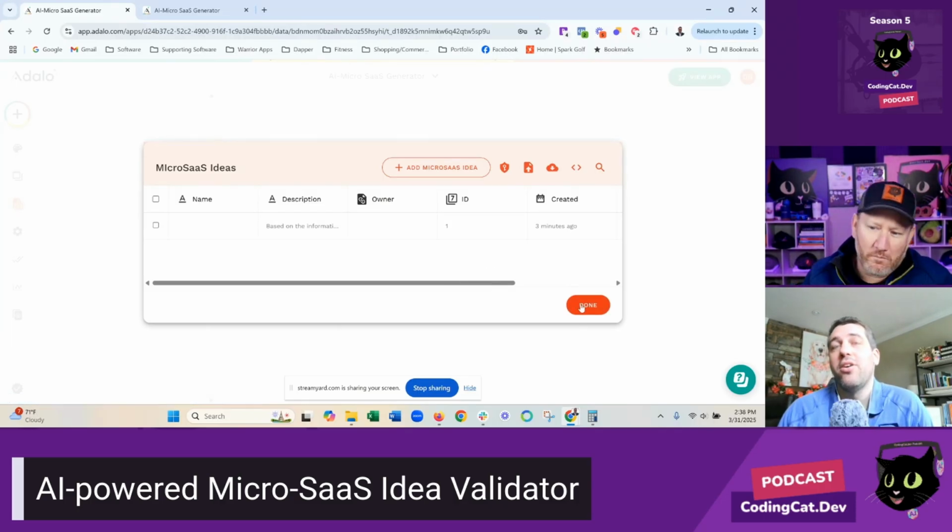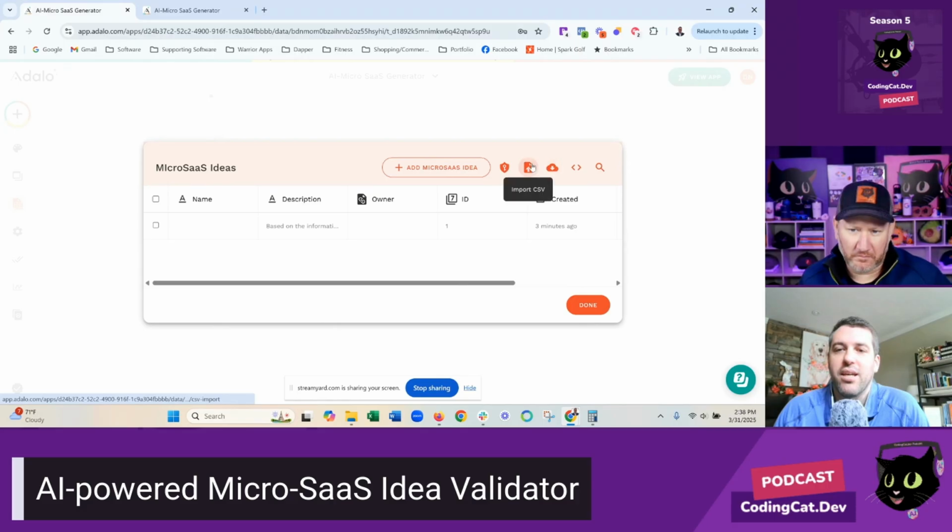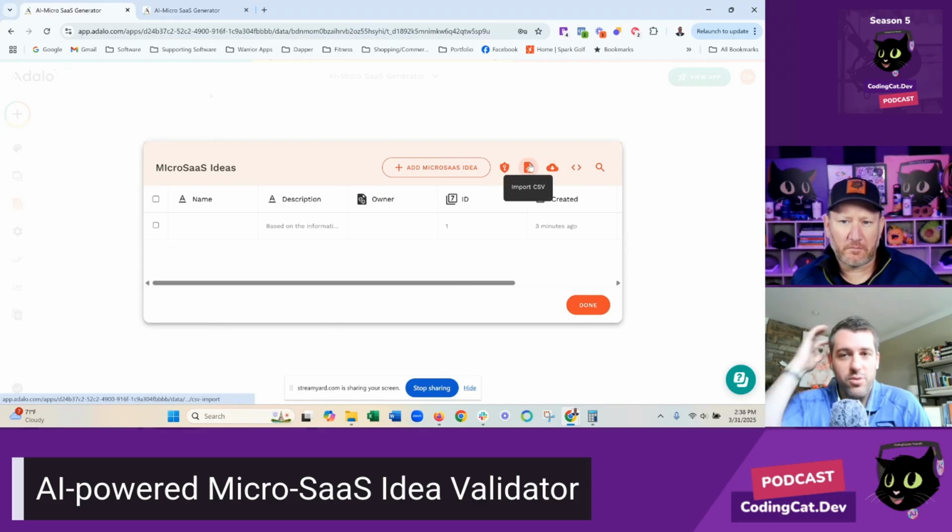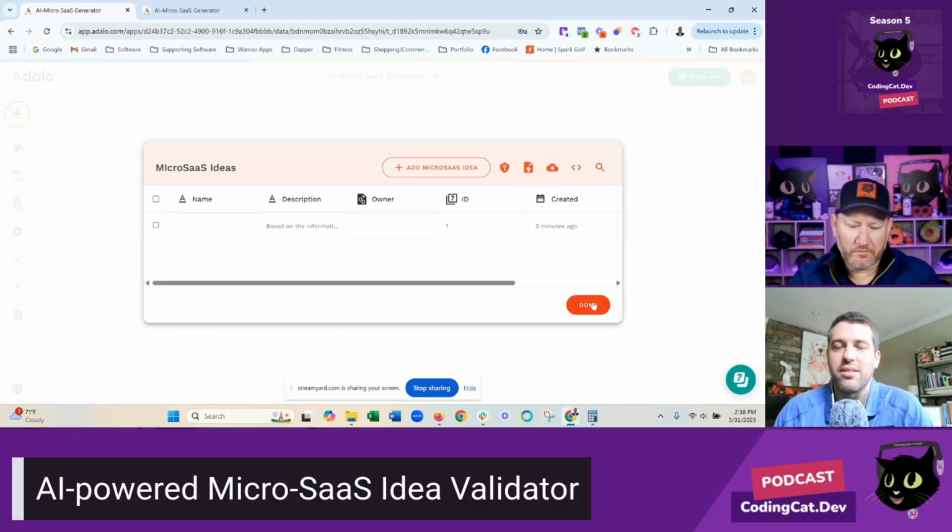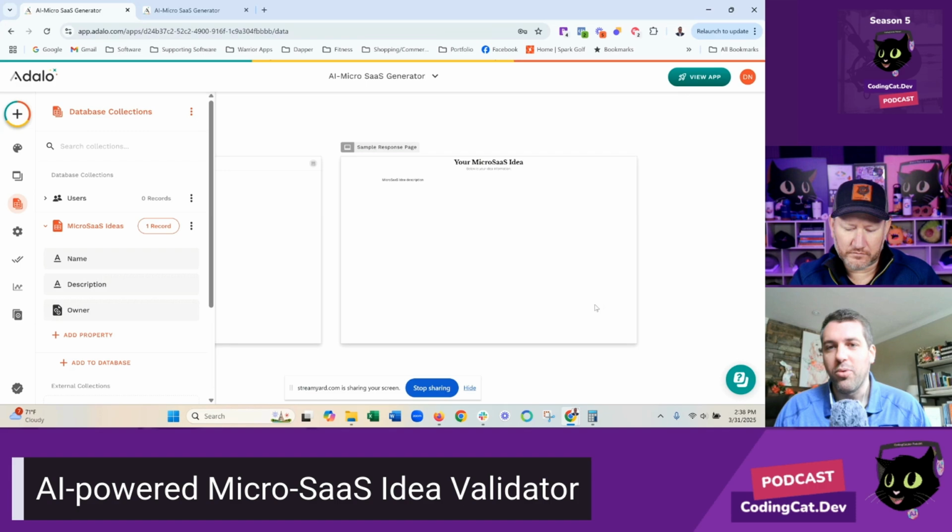Yeah, but it makes it super simple because a lot of times we'll import bulk records, and it makes it simple just as a CSV, so you can bulk upload things, bulk download things. Again, it's not the most advanced thing in the world, but it's allowing you to go a lot faster. You know what I mean? That's kind of the whole point of all of it.